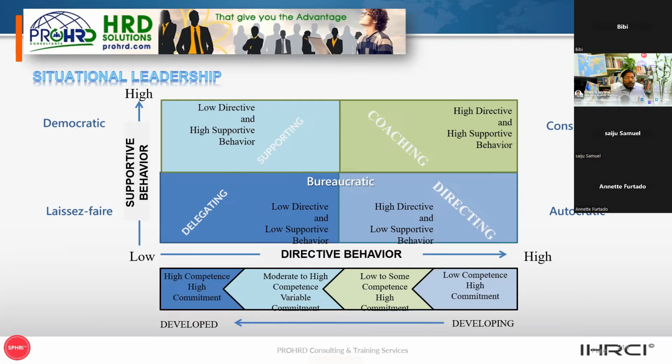This leadership approach is most appropriate when the followers have high willingness and high ability. Both are, alhamdulillah, no? They have willingness to do and they have ability. So leaders should rely on delegating when the followers can do the job and they are motivated to do the job. So there is a high amount of trust that the followers will do well, and the followers require a little bit